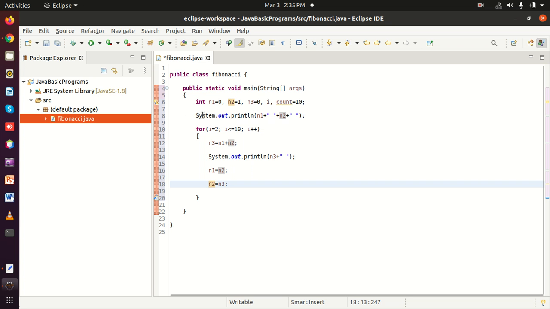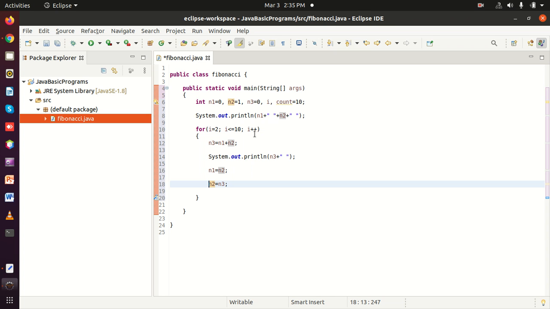Now since two numbers have already been printed, that's why I have initialized i equal to 2, because the loop is going to start from index number 2 and onwards. I have taken the upper limit as 10, meaning the number of terms in the Fibonacci series will be 10, and here is the increment operator, which is going to increment i by 1.